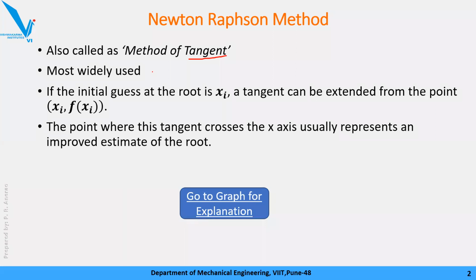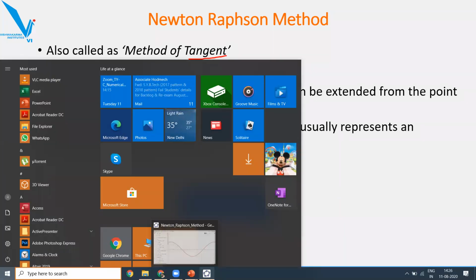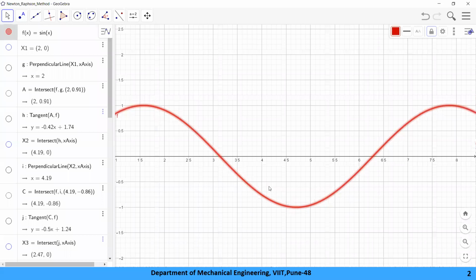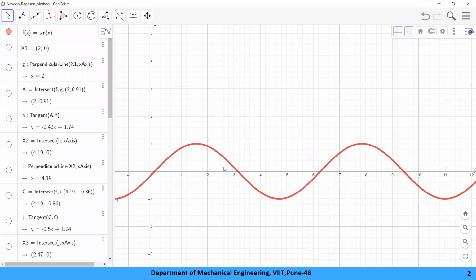Okay, now to understand the methodology, I'll go back to the graph and explain it again. Now I'm not gonna go in too much detail. थोड़ा fast quickly जाऊंगा. I'll explain first iteration. Okay, so this brown line is your function of x, given function of x. Our aim is to find the root. That means कहाँ पे intersect हो रहा है this function and x-axis, that is your root. Okay, this is known to you.